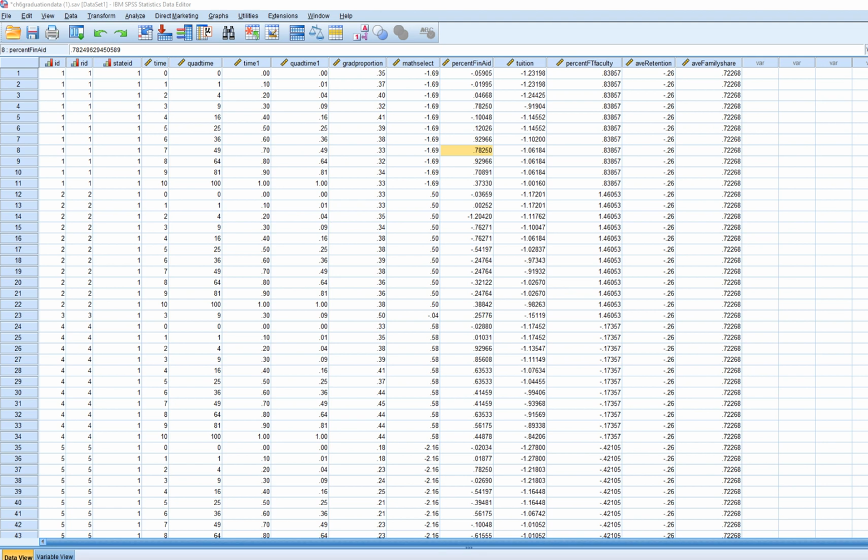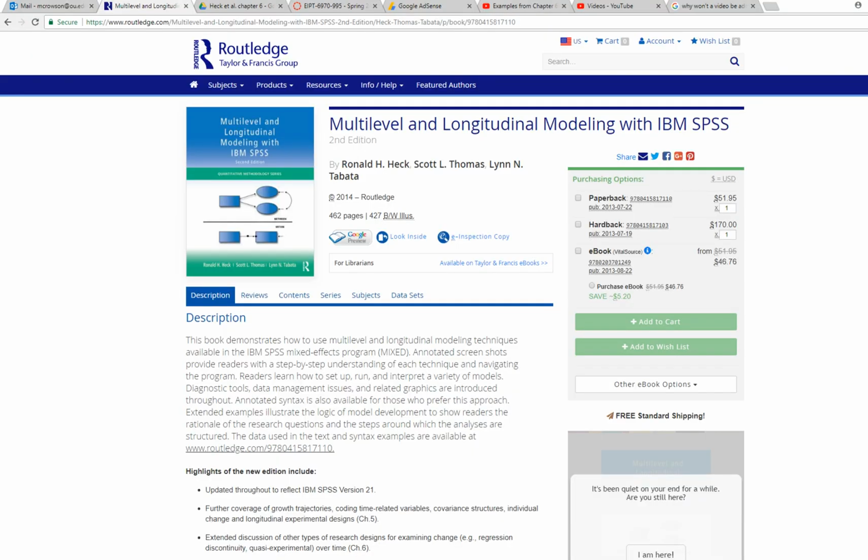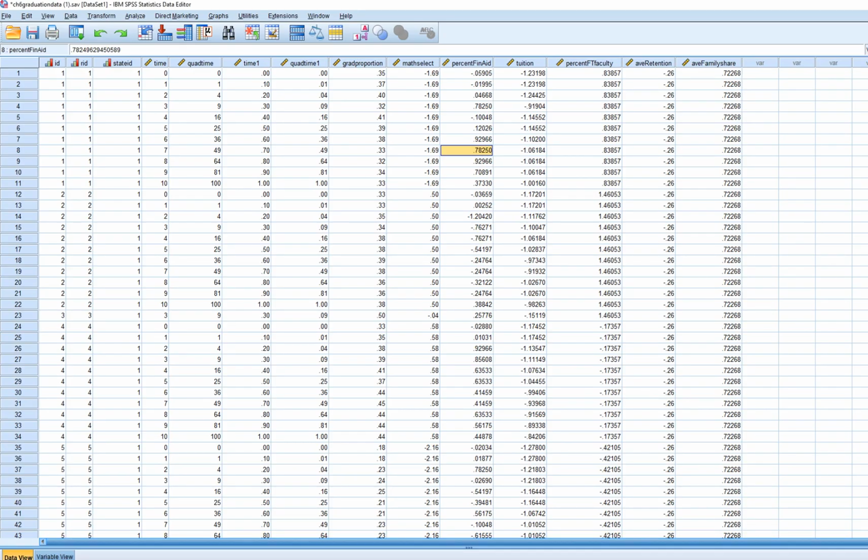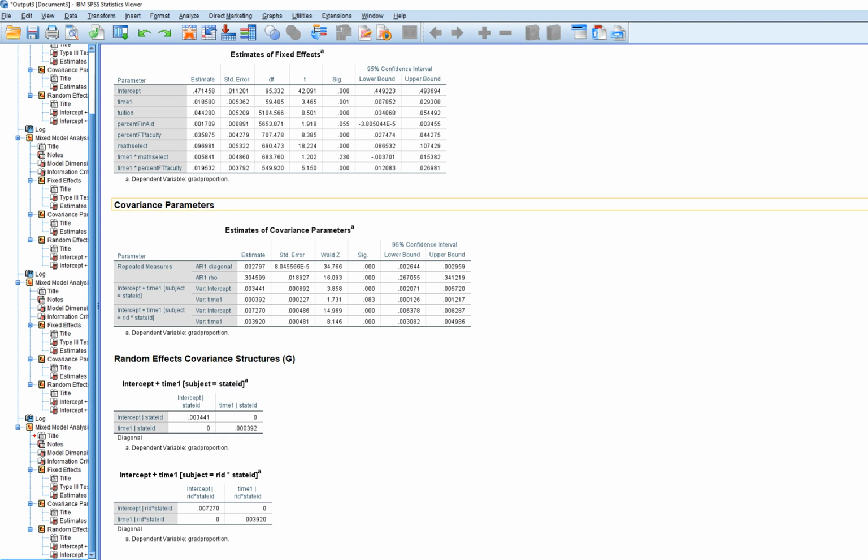So, basically what we're doing is we're just pivoting off of the examples from our previous videos coming from chapter 6 of this book right here. So if you haven't watched any of the other videos, you probably want to watch those before you start going down this lane. So at any rate, we had grad proportion included as our repeated measurement at level 1, and